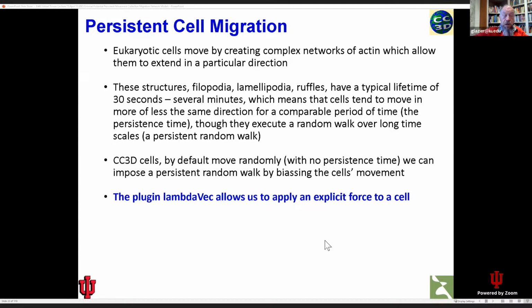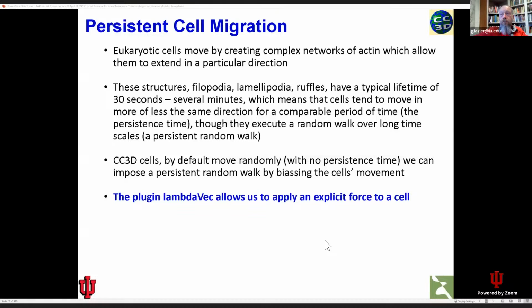Actin is a complex polymer, and the construction and destruction of filopodia, lamellipodia, or ruffles takes time. Typically, the lifetime of any of these structures is a minimum of about 30 seconds, a maximum of several minutes. In some cases, they're persistent for very long amounts of time, but typical time scales are about 30 seconds to